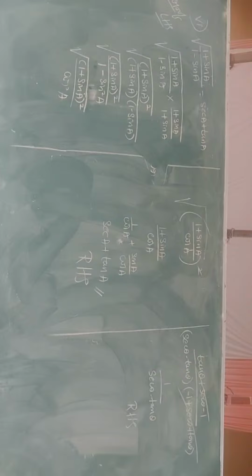So the second identity, 1 plus sine square theta is equal to